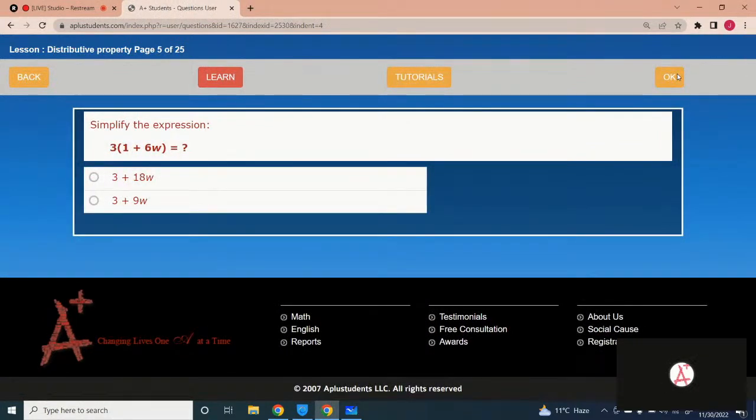Okay, which is the correct option for this one? The first option or the second one? 3 times 1 is 3 and 3 times 6 is